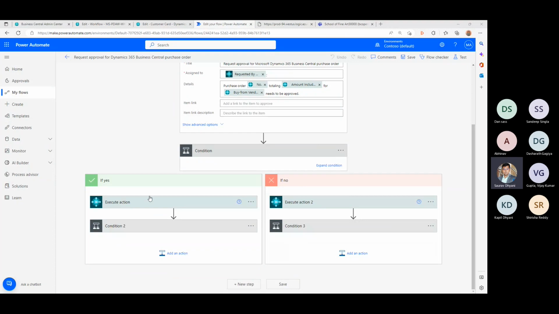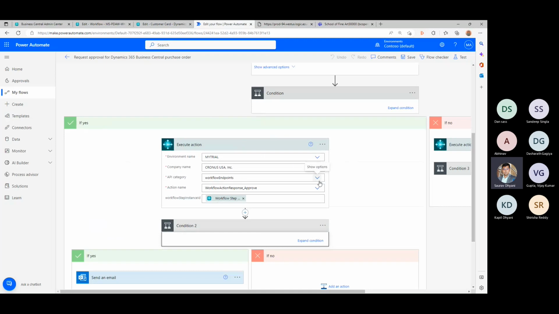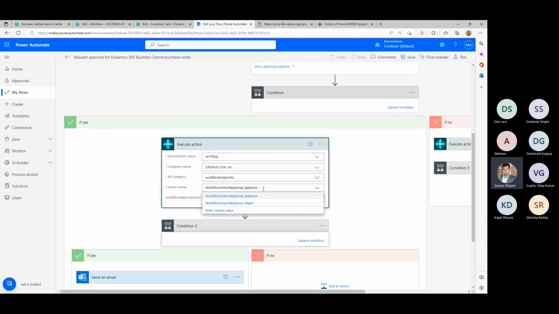Does that make sense? As in REST is as it is, it'll send you these triggers, which I'm still figuring out, as in which API has this, because these are two API actions which are available, the workflow endpoint. Now, maybe I'm thinking aloud, but will it work if I try to create an approval process on, let's say, transfer order, just to take an example, or warehouse shipment? Because if it's a Business Central endpoint, then it only works with sales and purchase and other customers and vendors. These are the Microsoft defined entities.